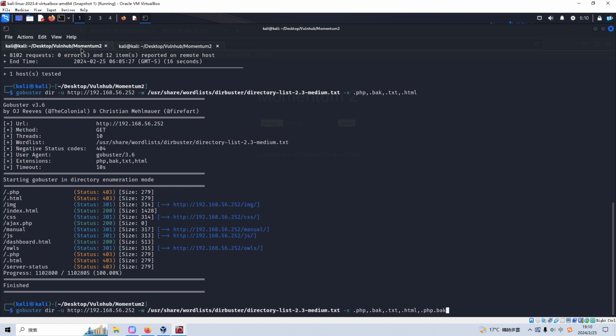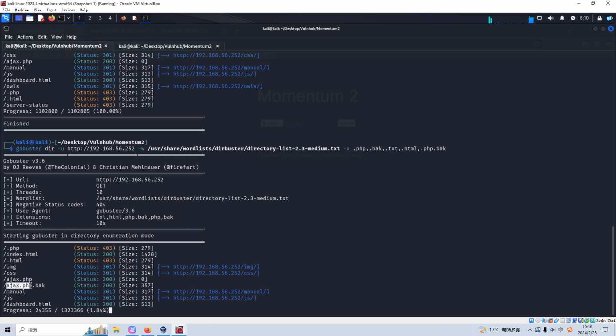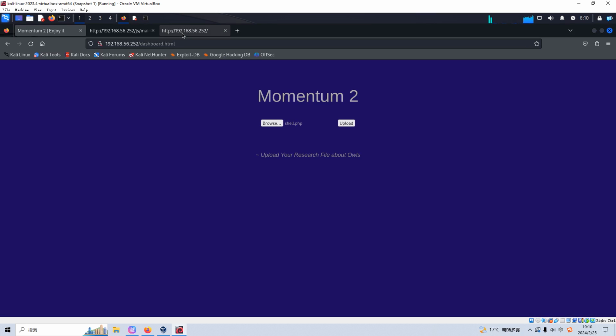All right? Of course, I think you know that I have already done so many CTF-like machines. This is the first time I use the option of php.back, actually. Anyway, we just press enter. I think you can get this file. So we can copy this file name and access